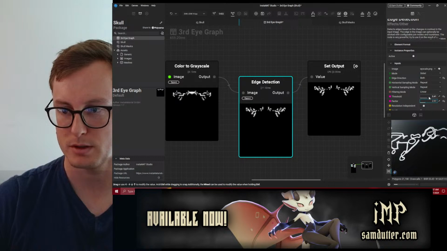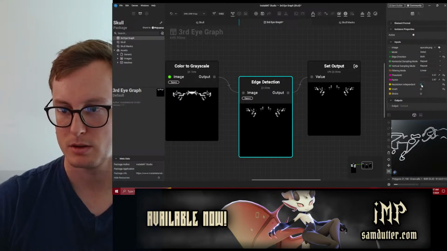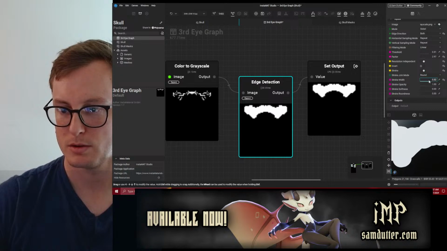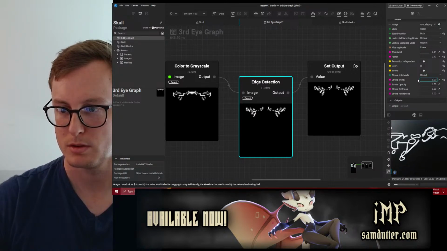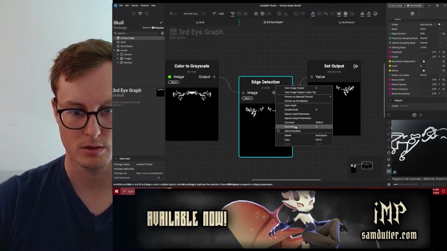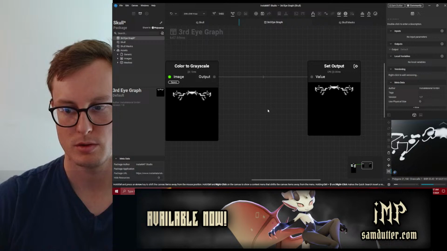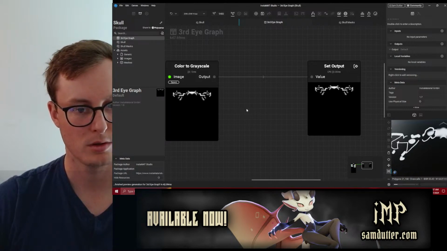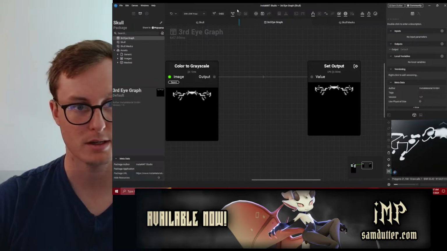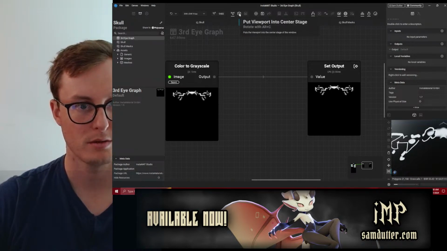Don't know what the factor's doing there, but zero, really? I'd like to see all graphs, please. Can I have like a view of graphs? View of nodes?